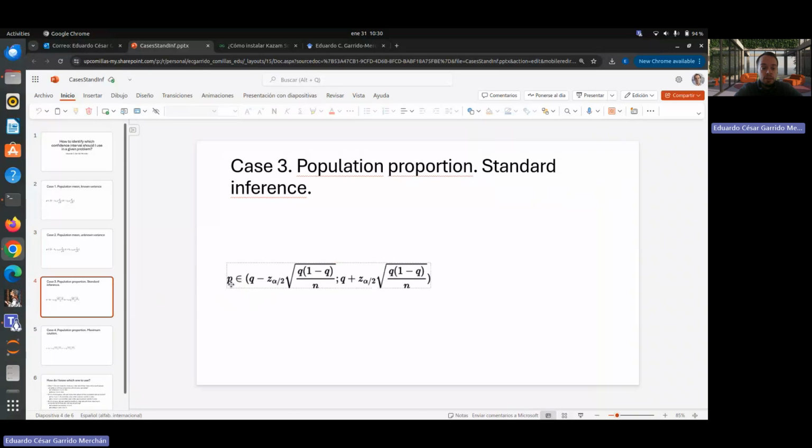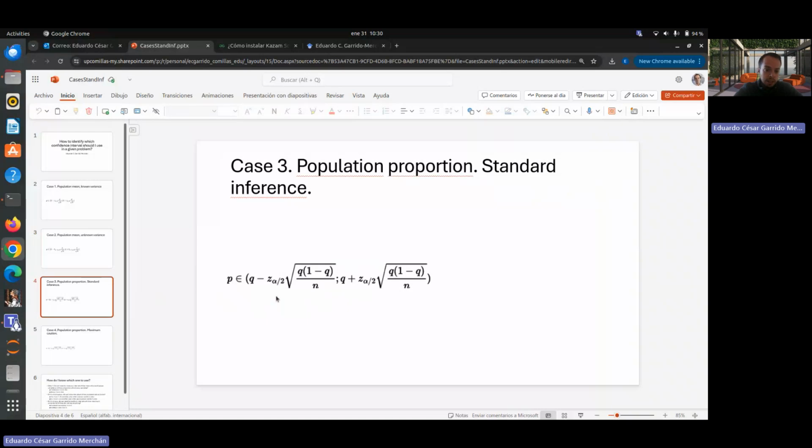We are covering a binary variable instead of a continuous variable. This is the trick to decide whether you are in cases 1 and 2 or 3 or 4. Okay, and you have as point estimate Q, the sample proportion of the binary variable. And as margin of error, we have this theta value that is the same as in the first case, but now the standard